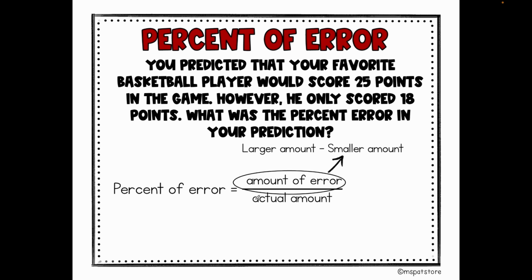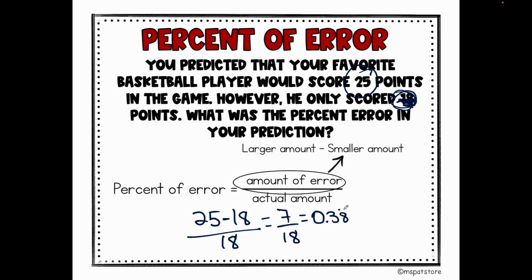So the larger amount in this case will be 25 points, and the smaller amount will be 18 points. But my actual amount in this case is 18 because that's what he actually scored. All right? So now I have 25 minus 18, which is 7, and my actual amount, which is 18. So 7 is the amount of error, okay? And then when I divide 7 by 18, I will get